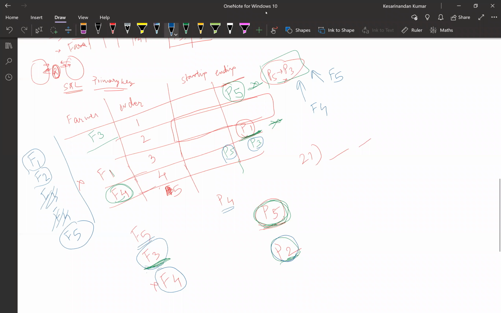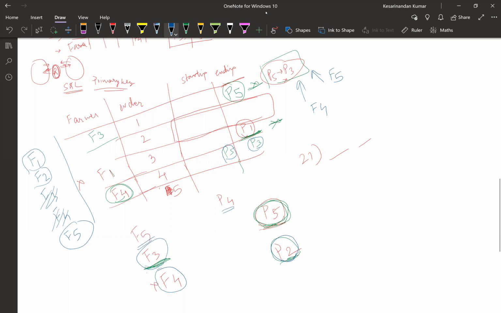So from the first question, we had the hint about which farmer P2 would be the starting point for. So P2 is a starting point for one of F1, F2, F3, and F5. Okay, F4 is not mentioned. So P2 will not be the starting point here. That was a hint.